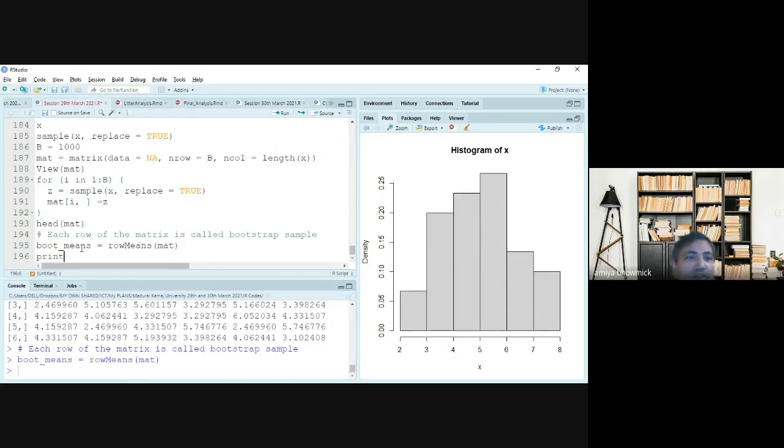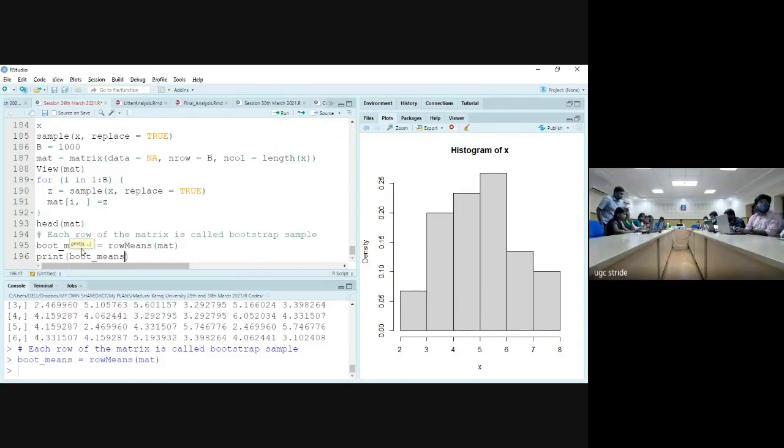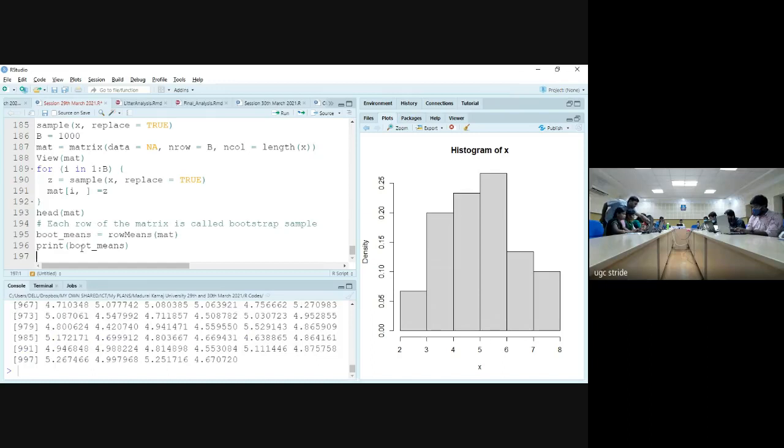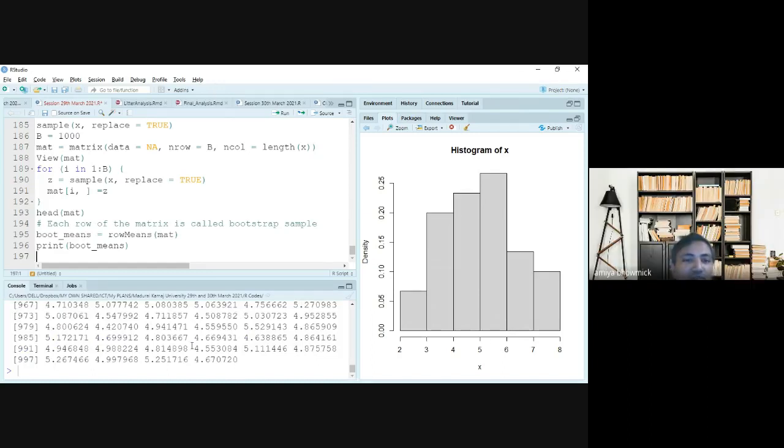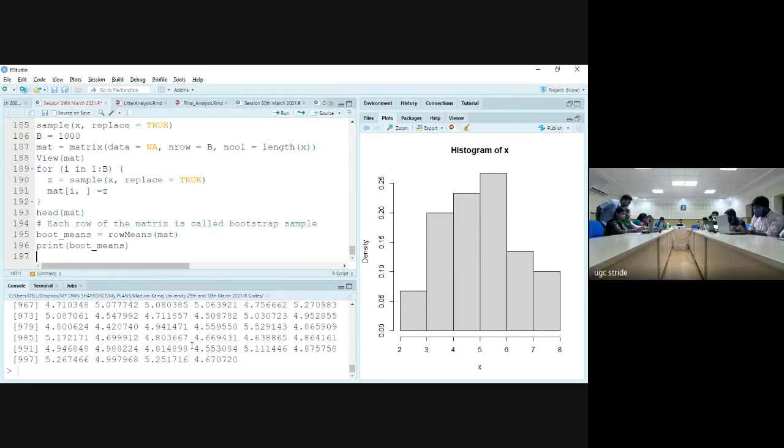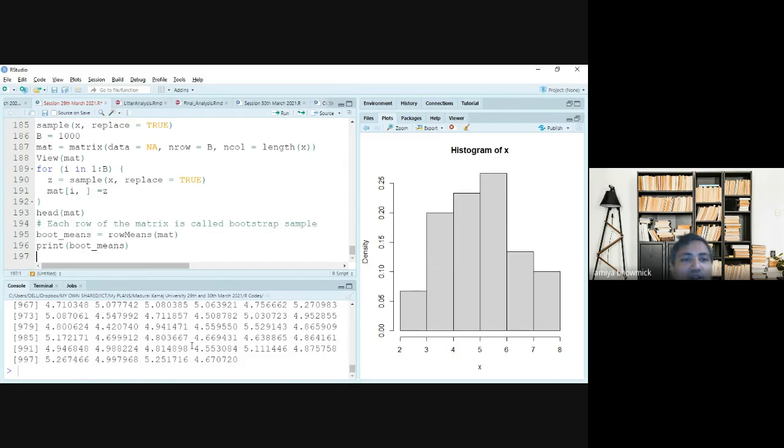If I print this boot_means, what have I got? I got 1,000 mean values. So from the original sample, I have artificially created 1,000 samples.